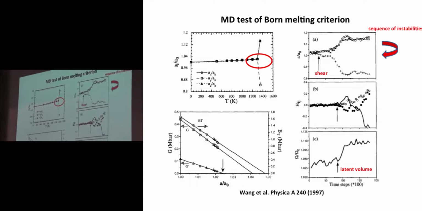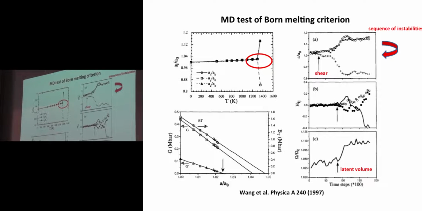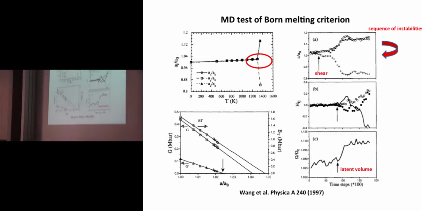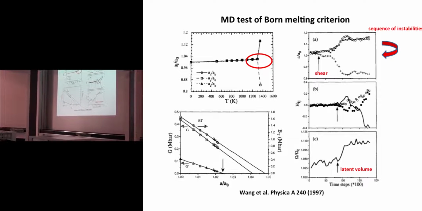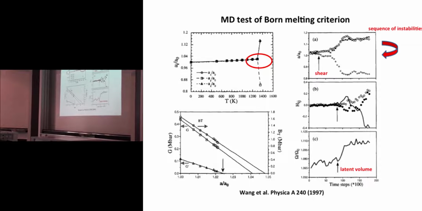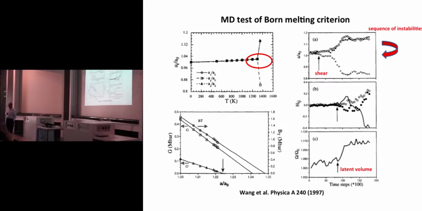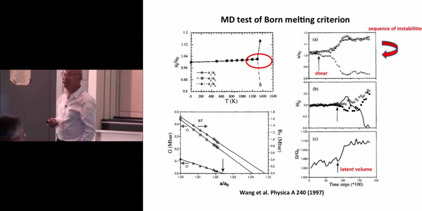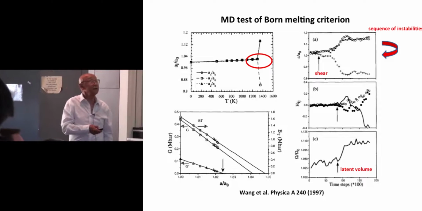In other words, the system knows it's supposed to melt, let's say, but it takes a while for the whole thing to start responding. Nonetheless, what you find is that this C11 minus C12 going to 0 is exactly at that point. So this corresponds to a shear instability. And you can say, well, if you call that a melting transition, then Born was right. However, what about the latent heat and latent volume? Well, that didn't come until later on, because now